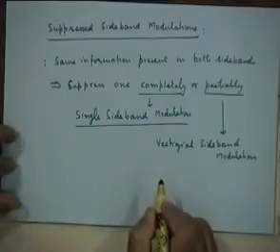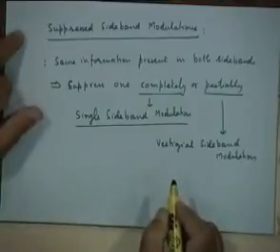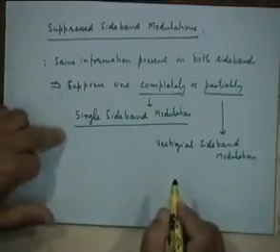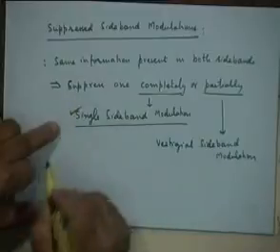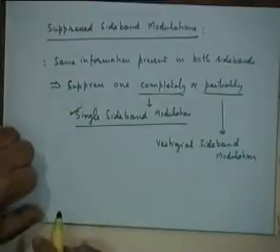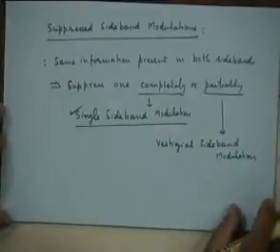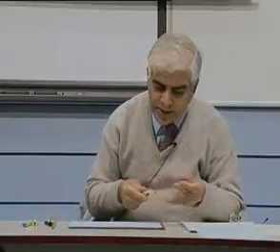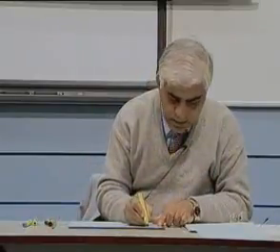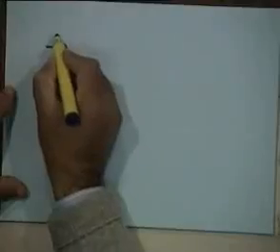Okay, so there can be two kinds of suppressed sideband modulations: the single sideband modulation or the vestigial sideband modulation, right? So we'll first discuss the single sideband modulation. Now, in the single sideband modulation, as the name implies, what you have to do is first generate,